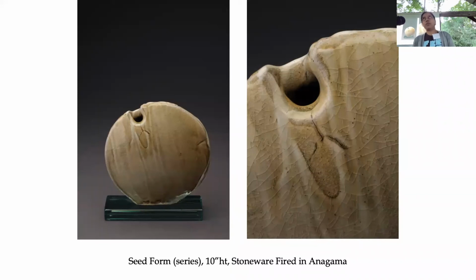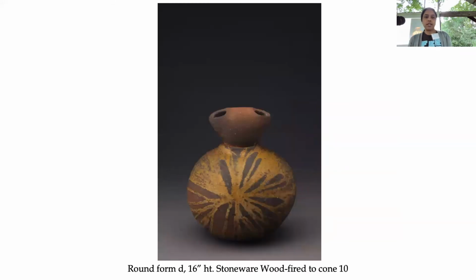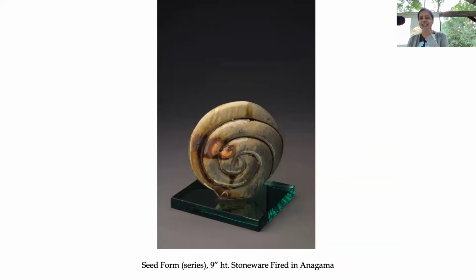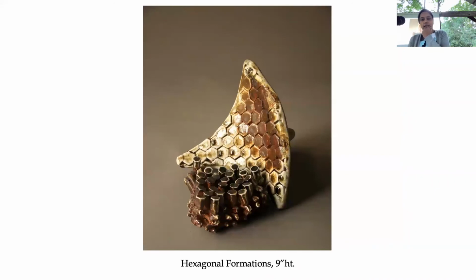ritual object called Mother of Creativity, Aditi, and that's this form. And so from then on, I started making forms that had these full volumed shapes and lids. And then I keep making forms inspired by nature, seeds, go back to tetrarch once in a while with hexagons,